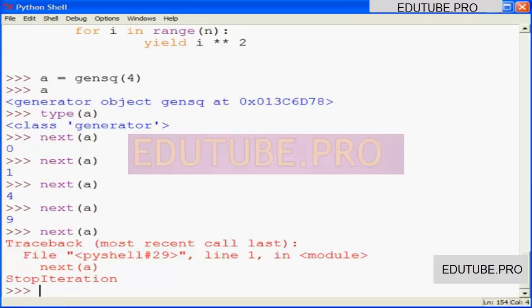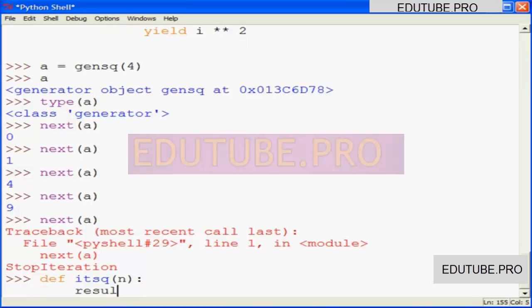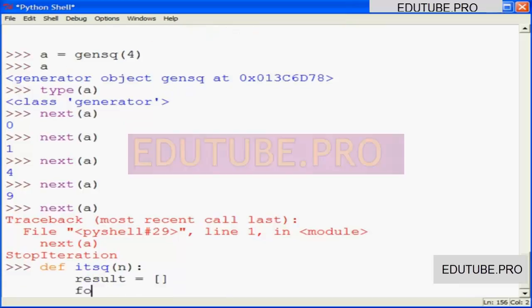Pretty nice stuff. Just by way of contrast, let me create just a standard iteration function. We're going to call this one itsq, IT square for iterator square. Again, it's going to take one argument. We'll do things a little different here. We need to catch our result. So what we'll do is create an empty list and then simply append to that list the results of a for loop. So we'll do